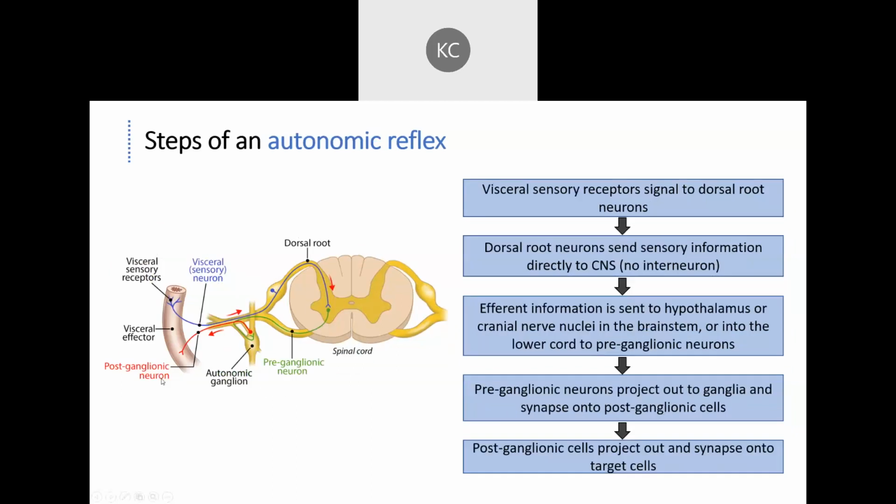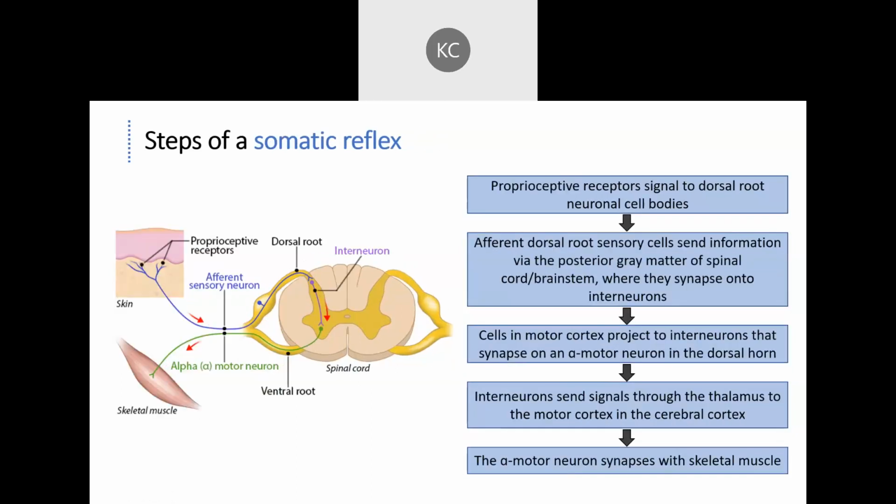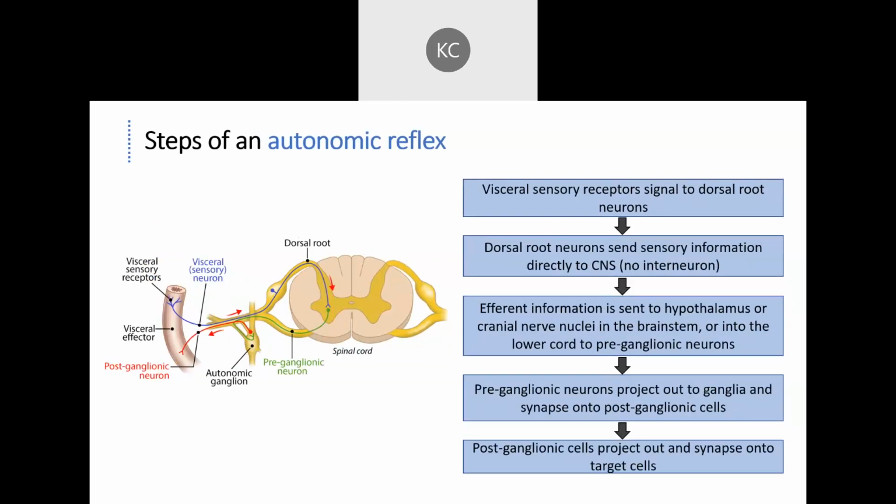For our autonomic reflex, we're going to see something similar, right? So you can see a basic comparison between this loop and the somatic loop that we just did, the reflex loop or reflex arc. But in an autonomic reflex, it's coming from some visceral receptor, right? So we have a visceral sensory receptor detecting stretch of smooth muscle or stretch of an organ or something like that. And we have a similar pathway. So we have to have a sensory neuron. We come back through a spinal nerve. We go through the dorsal root ganglion, dorsal root, into the dorsal horn, and then we synapse directly onto a